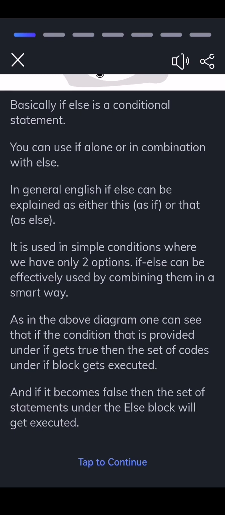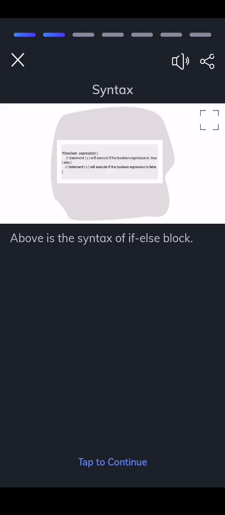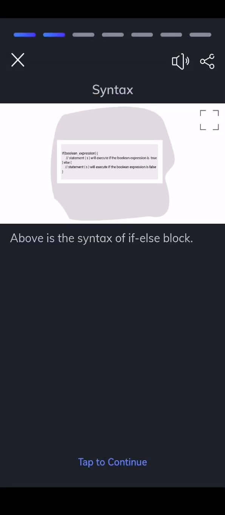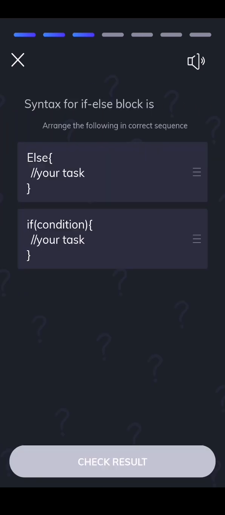And if it becomes false, then the set of statements under the else block will get executed, and the rest of the program follows the path. Syntax. Above is the syntax of if-else block. If the Boolean expression evaluates to true, then the if block of code will be executed. Otherwise, the else block of code will be executed. Syntax for if else is